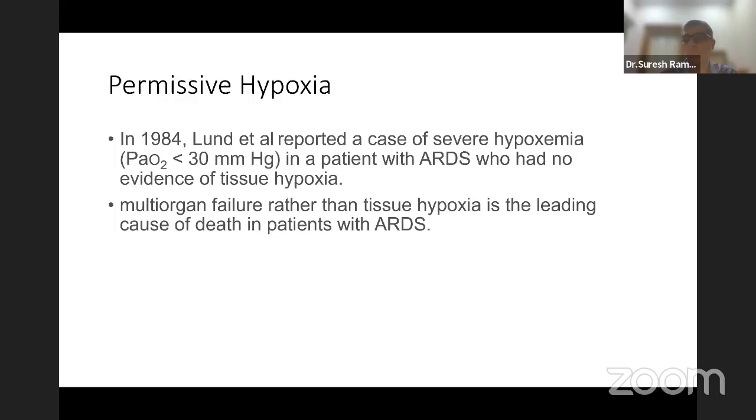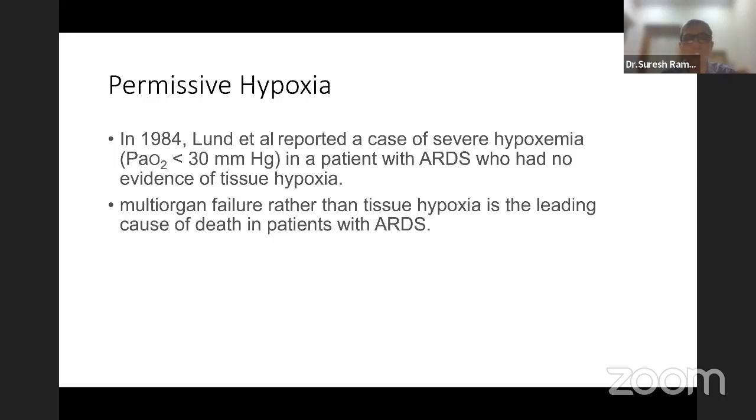All right. So before we go into hypoxia, can we do permissive hypoxia? And this is also a failure. Remember that multi-organ failure is responsible, and tissue hypoxia is the leading cause of death rather than just hypoxia. But we know in ARDS, it may not be very great to keep the saturation very low. An 88 to 90% saturation is the goal, that is the bare minimum that is required, to be achieved with the least toxic amount of FiO2, which is less than 70% for more than 24 hours. So we need to achieve that goal.